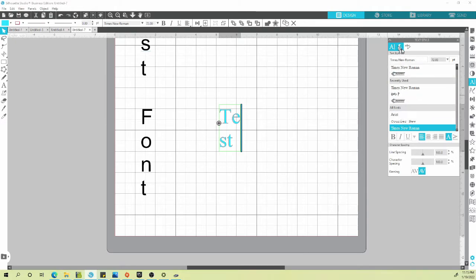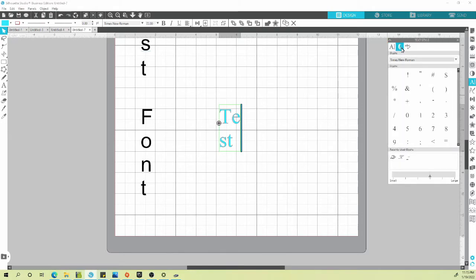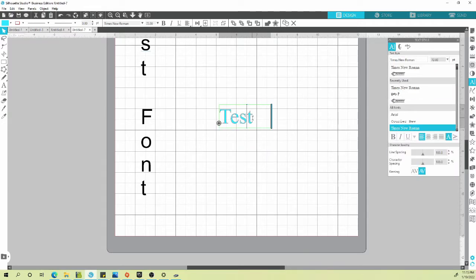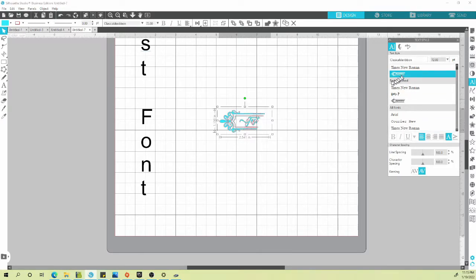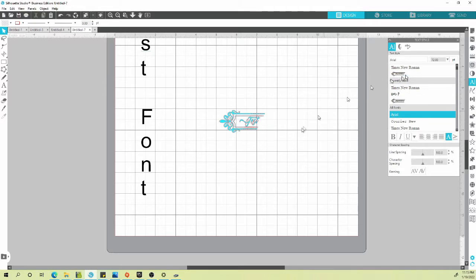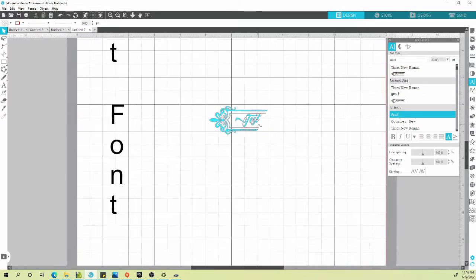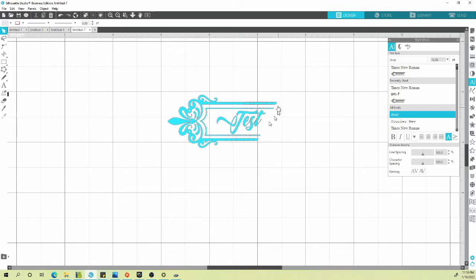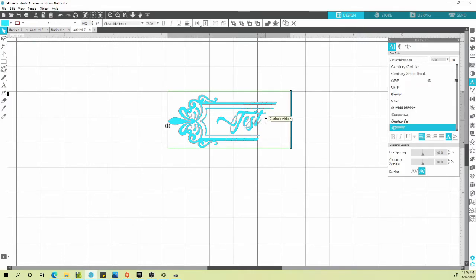If you have the upgraded versions of the software, you unlock this Glyph feature, which is only relevant to some fonts, but it gives you more features and options. I'll quickly show you what that is. I don't want to take too much time, just because it is a premium feature. But you'll see with this font that I have, it puts this ribbon around it. But without the glyphs, there is no right end, which is unfortunate. If you don't have a paid version of the software, you basically lose the ability to use this font and